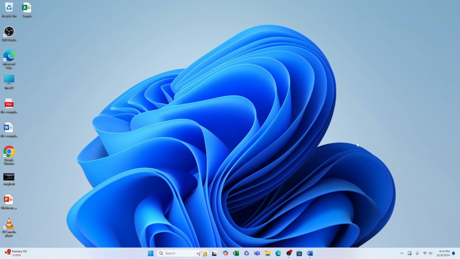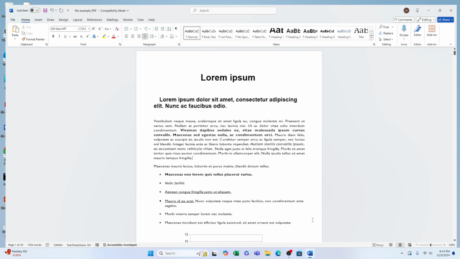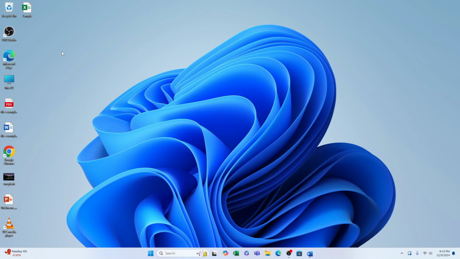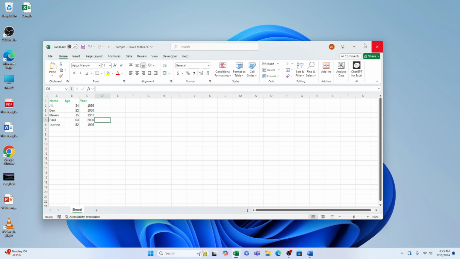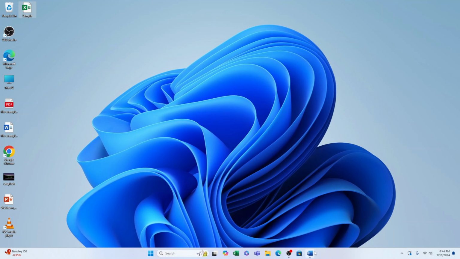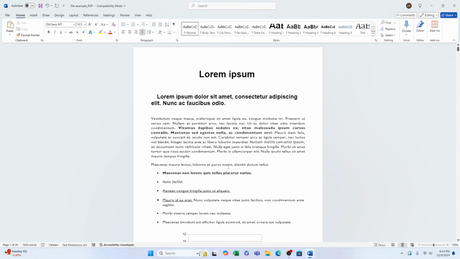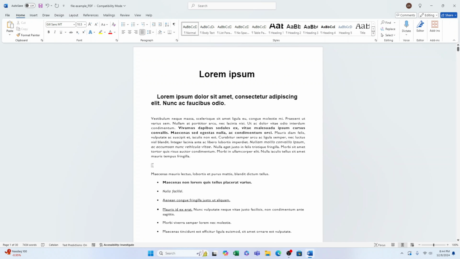How to insert an Excel sheet into Microsoft Word. So I have this Microsoft Word document here and I want to insert this simple Excel sheet here into it. Now let's open up the Microsoft Word, choose the location where you want to insert the Excel sheet, so I'll